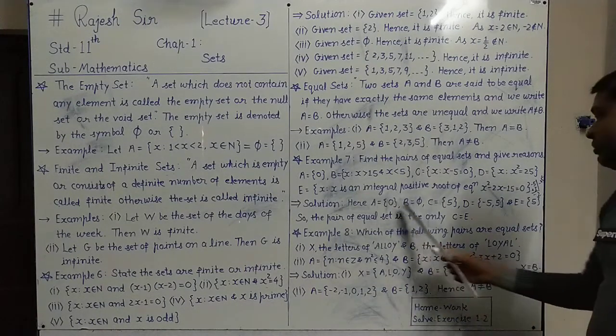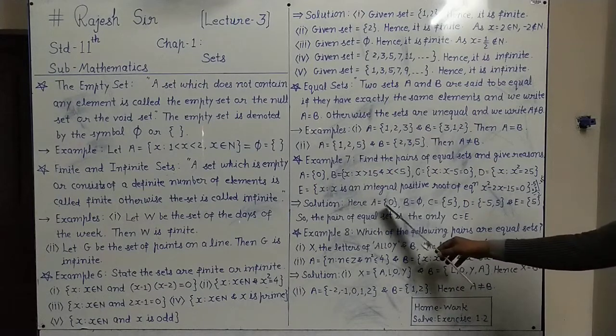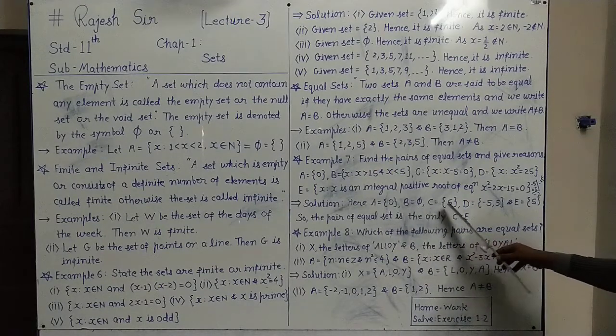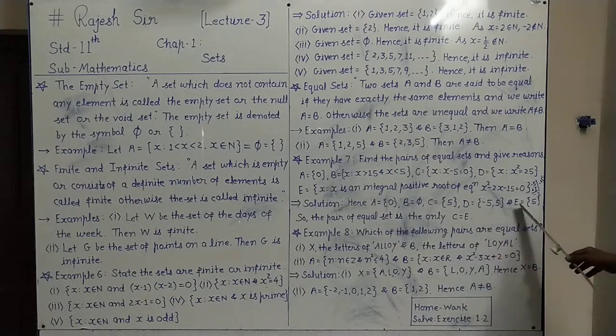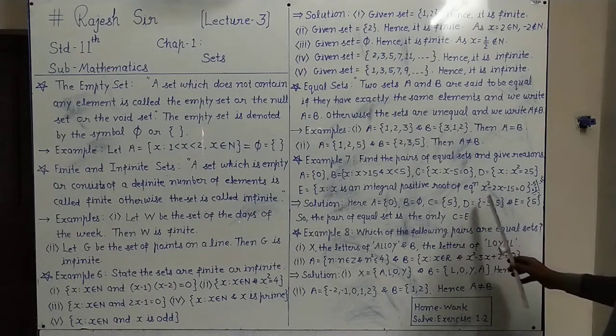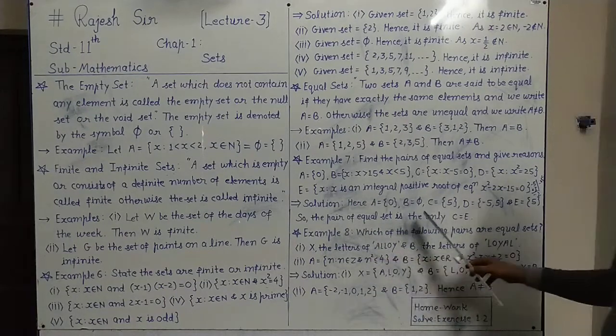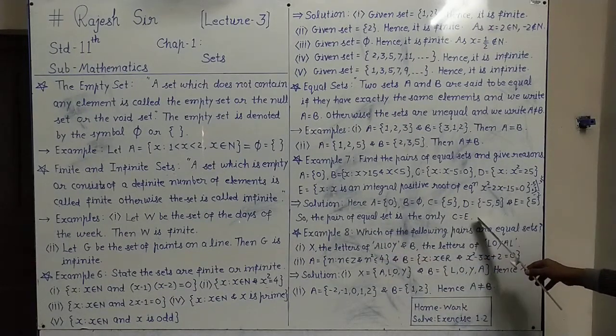Now as all the 5 sets we have written here in roster form, we can see directly here that A equals 0 in that, B equals 5, C equals 5, D equals minus 5, and E equals 5. So which 2 or 3 are equal sets here? Only C equals 5, E equals 5, exactly the same elements are in C and E. So the pair of equal sets is only C equals E in all these 5 given sets.